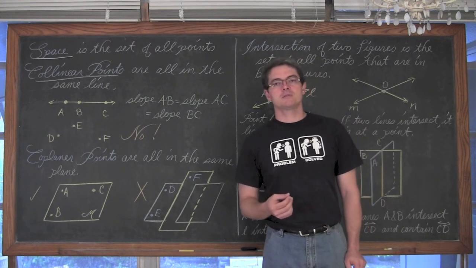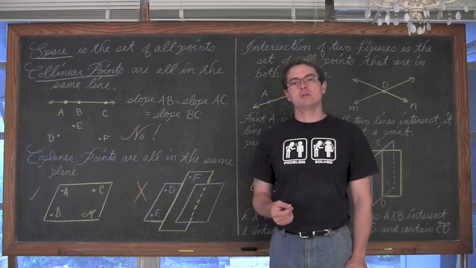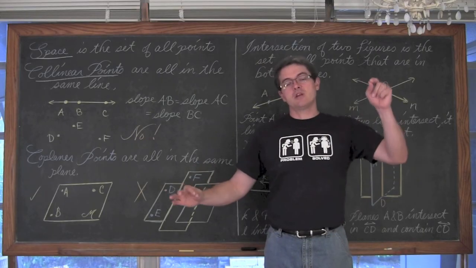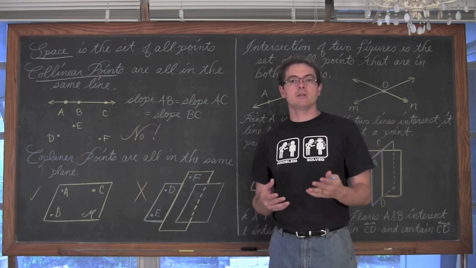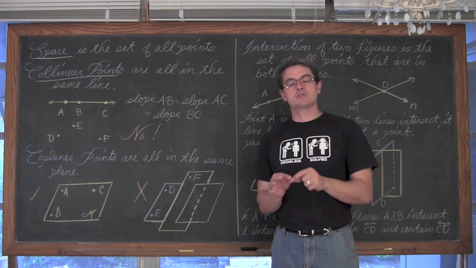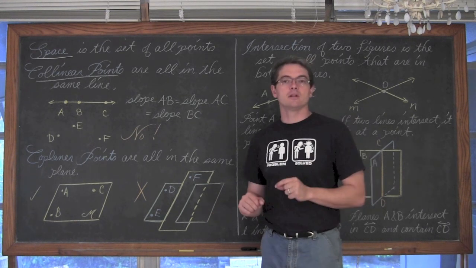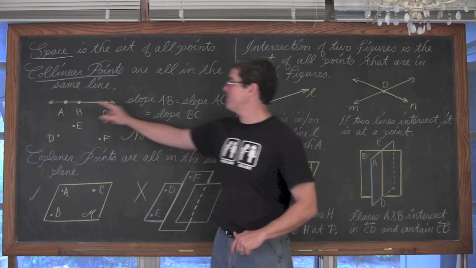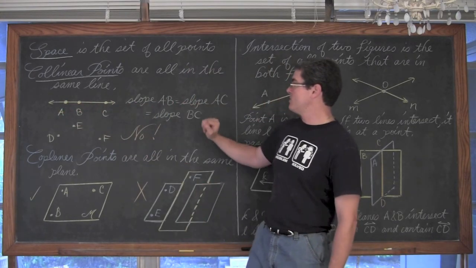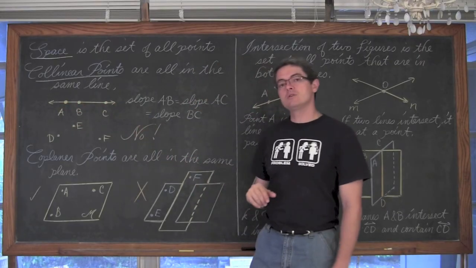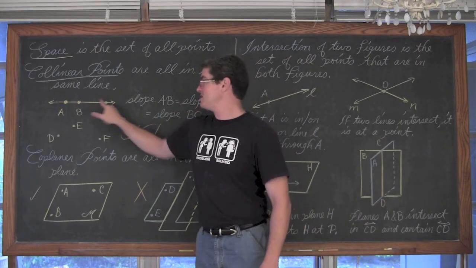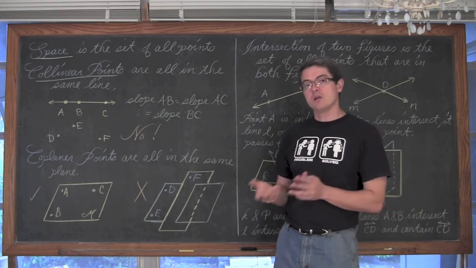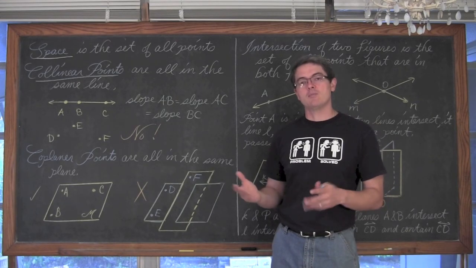I'm going to pull a reference that you know from algebra, which is just using slope. Because what I'm saying is a line is straight and does not change direction. Slope that you learned in algebra, which is rise over run, describes the direction that a line is taking. So if I've got 3 points here, A, B, and C, then the slope from A to B is equal to the slope from A to C, which is equal to the slope from B to C. I've collected all the different variations that I can find slope using these 3 points, and they're all the same. They're all equal.